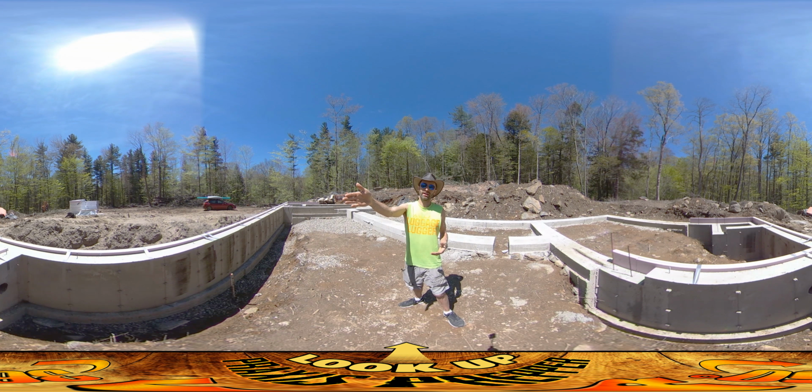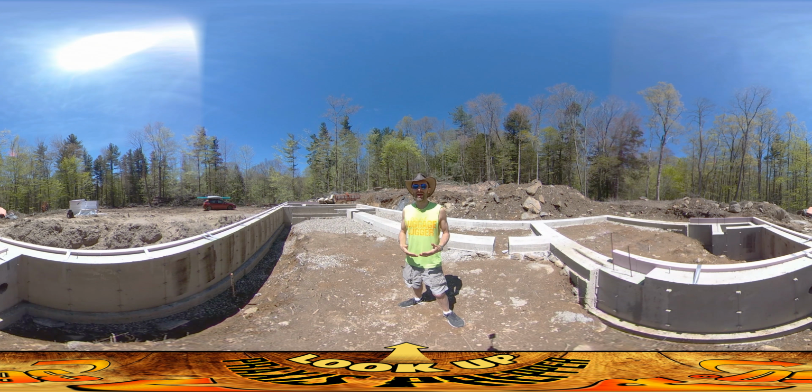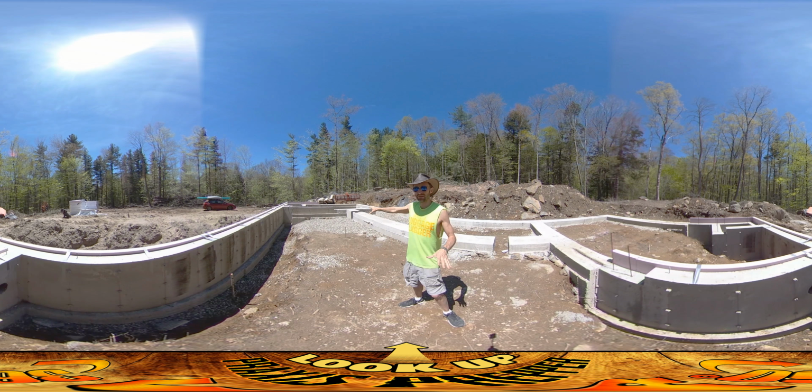As you know, I got the delivery of the pink foam just the other day. That was only half of the delivery. The other half of the delivery was supposed to be a bunch of wire lath, which is kind of like a metal mesh. That's going to go on the outside of the pink foam that I'm going to put stucco on afterwards. Also a bunch of concrete cinder blocks were supposed to be part of that delivery, and those are